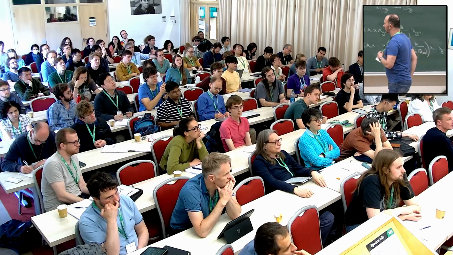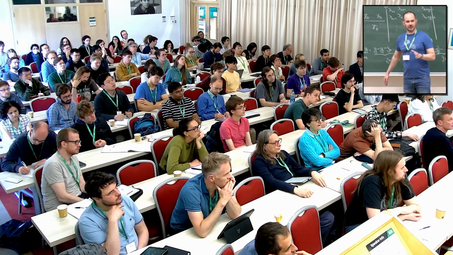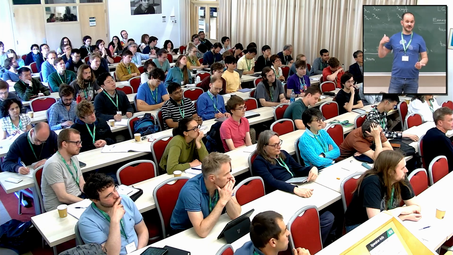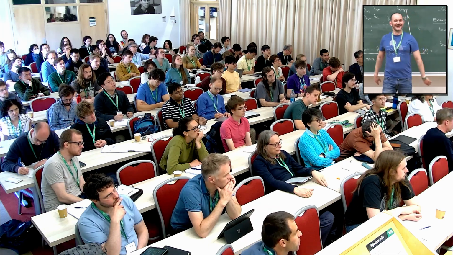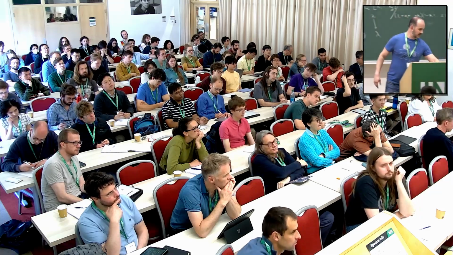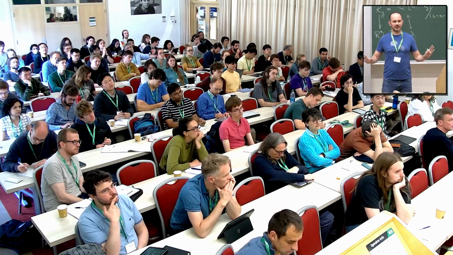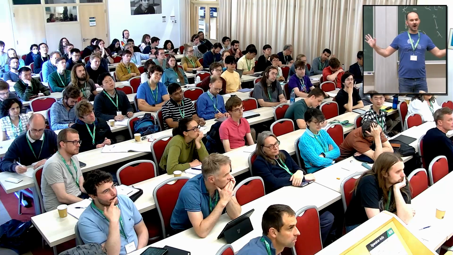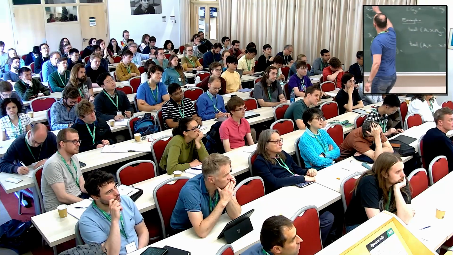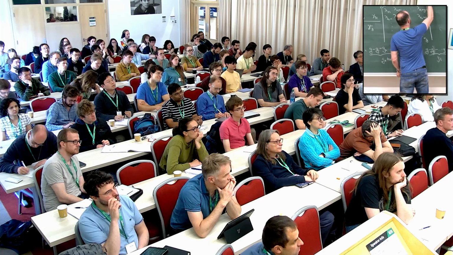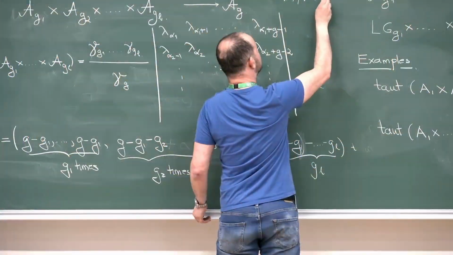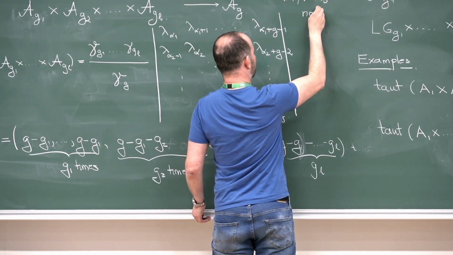In g equal to 4, I don't know of a non-tautological example. In fact, I don't think there exists one. So I think that in g equal to 4, conjecturally, all the product cycles are tautological. I have no speculation for when g is equal to 5. I can go one way or the other. I have no idea. The only thing that I know is that in genus 6, we know that A1 times A5 is not tautological